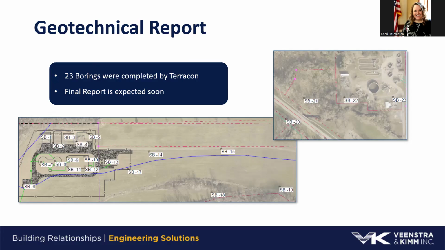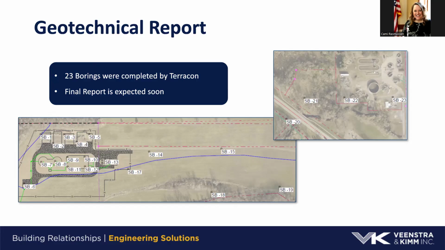The big concerns are the groundwater level, which they'll be able to tell us pretty quickly from the soil borings. And then also the compressibility of the soil. So if we put a heavy load on that soil and it'll settle, we have to identify how much settlement is going to be there, what that does for a large tank that's spread over a large area. So if one side settles and the other side is a little firmer, that's differential settlement. That's a problem because it introduces extra stress on the structure